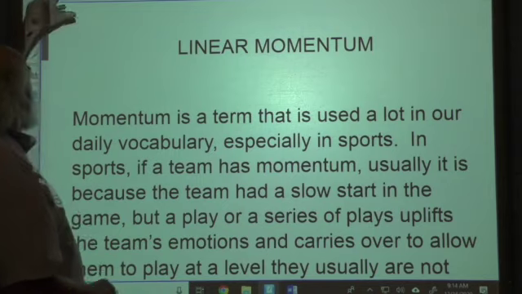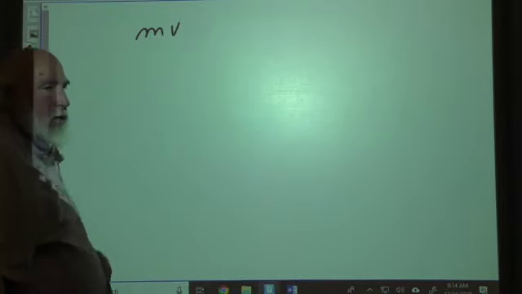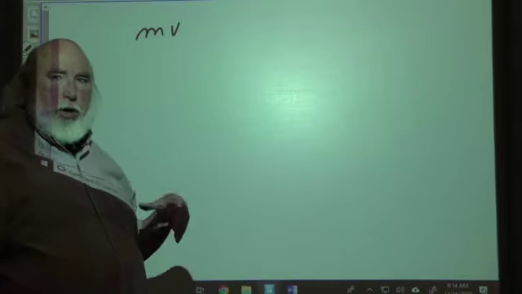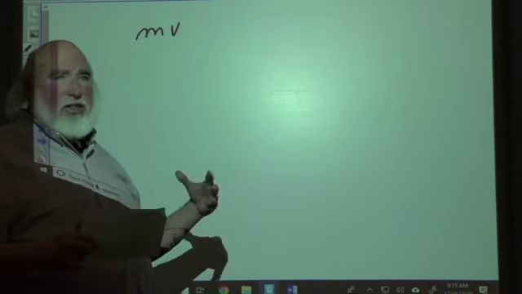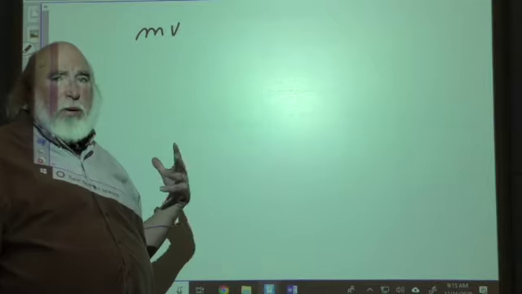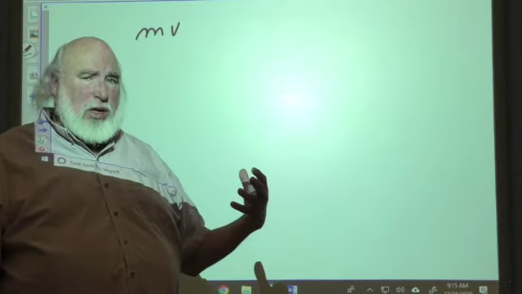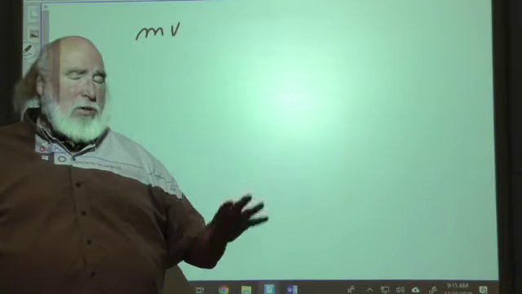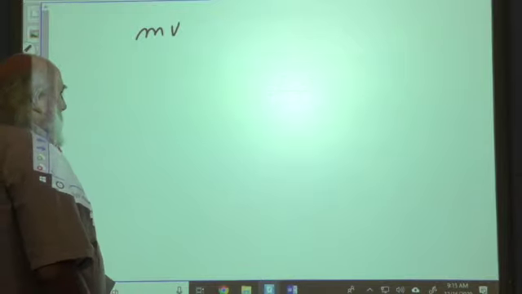In fact, the classical physics definition of momentum is mass times velocity. Now, because we have an m here, we can't use m for momentum. Newton was the first guy to come up with this concept. And again, as I said before, these very famous scientists, way back when, were into the Greek and Latin languages because a lot of the original science and mathematical concepts came from those two civilizations. So he used P.